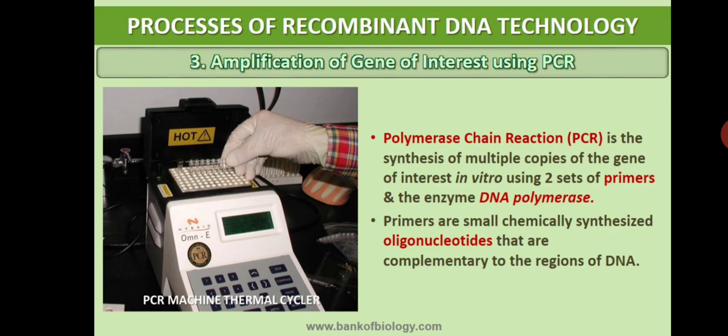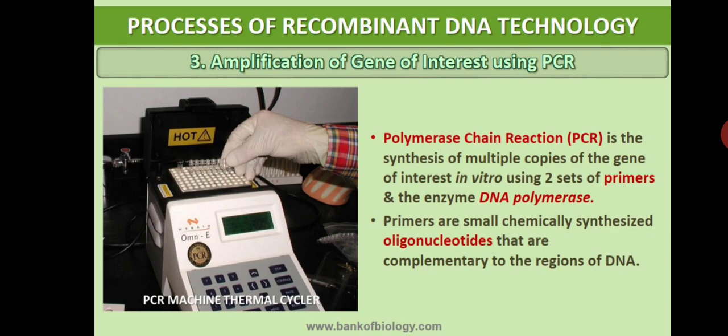Understood? By making use of one DNA molecule, it is possible to get 4 DNA molecules. Here you can see one DNA molecule which is made up of two polynucleotide chains. Both the strands get separated, and each strand can act as the template, and it is capable of synthesizing the complementary strand. From one DNA molecule, it is possible to get 2. From the 2 again it is possible to get 4. From the 4 it is possible to get 8. Like that it goes on multiplying.